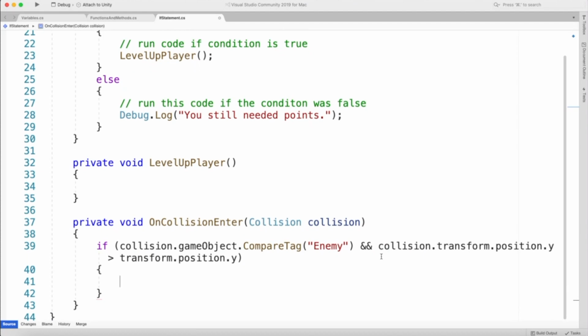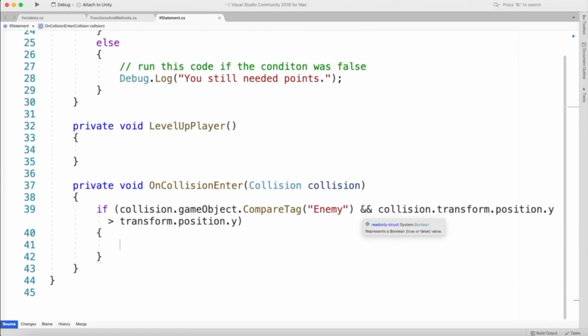And so here, what I've done is that I've created an and condition. So I need to make sure that both of these are true in order for my code to run here. So this is saying, hey, did I run into the enemy, and was the enemy's transform position on the Y greater than my position on the Y? This would be something like the enemy is falling down on the player. We're checking for those two conditions, and if those two conditions are met, then we're going to go ahead and